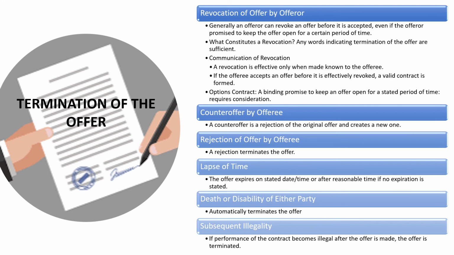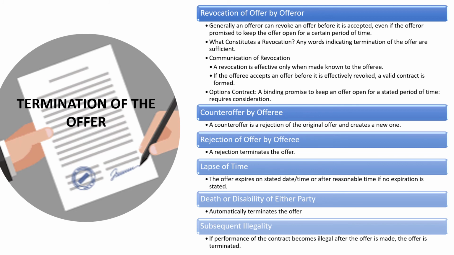One of the main ways an offeror might terminate an offer is to just revoke it. When an offeror revokes an offer, they're essentially just canceling it, changing their mind, taking it back, and they can do that at any time before the offeree accepts. They don't have to say any particular words. You don't have to contact them and say, "I hereby revoke my offer."